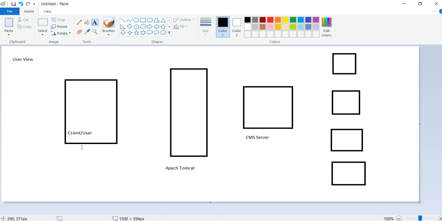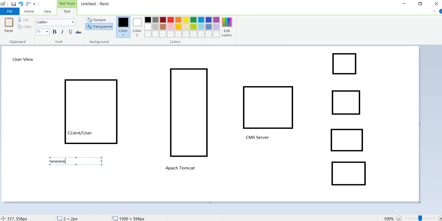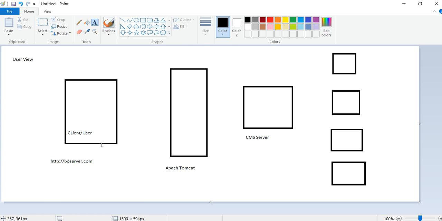Firstly, the user will use Internet Explorer and type the address, like http://boserver.com, whatever the IP address is.